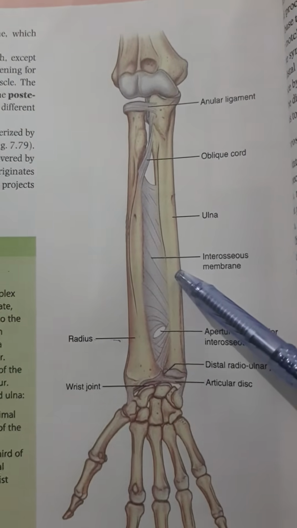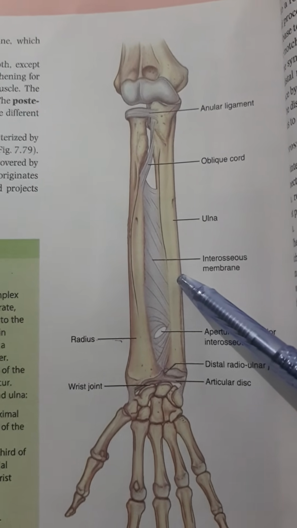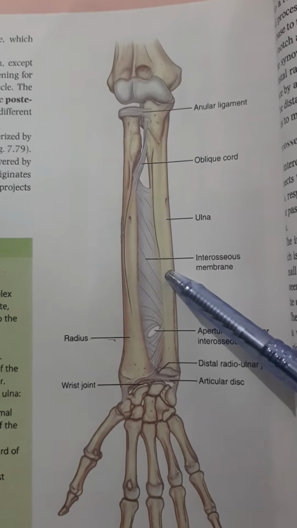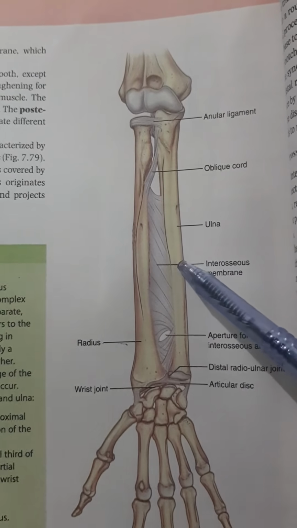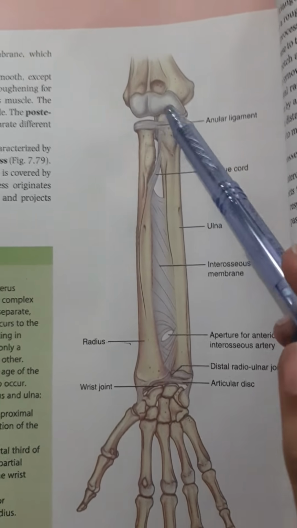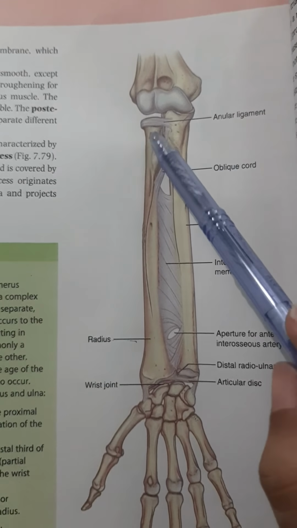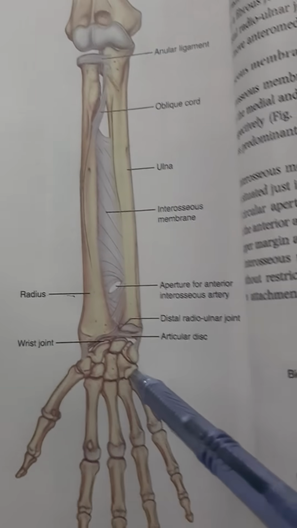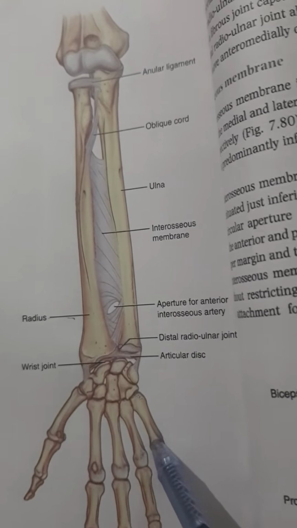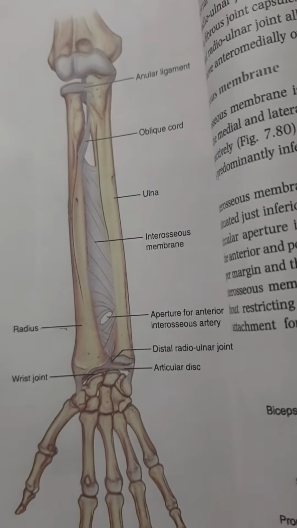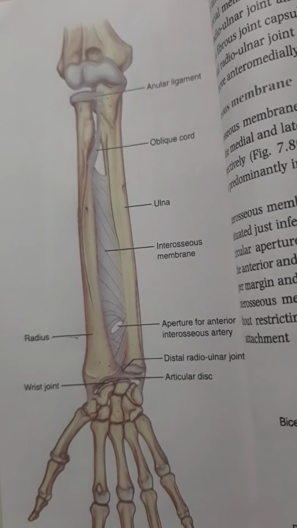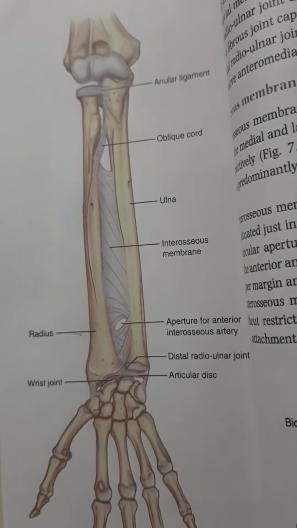As we have shown, in Monteggia's fracture and Galeazzi's fracture there is fracture of one bone and dislocation of the other bone at a joint, either the elbow joint or wrist joint. So whenever a fracture of radius or ulna is demonstrated radiographically, further images of the elbow and wrist joint should be obtained to exclude dislocations.